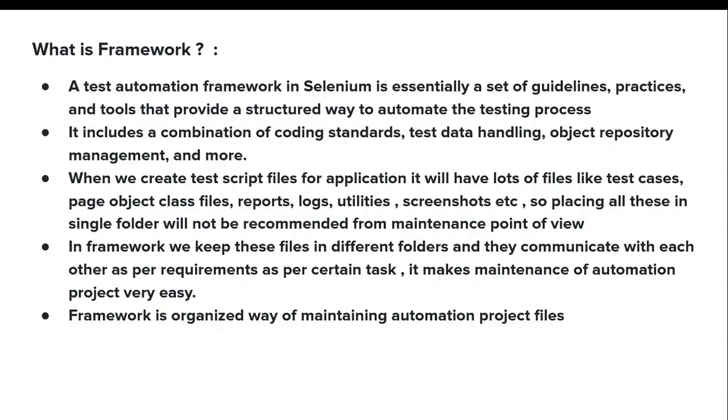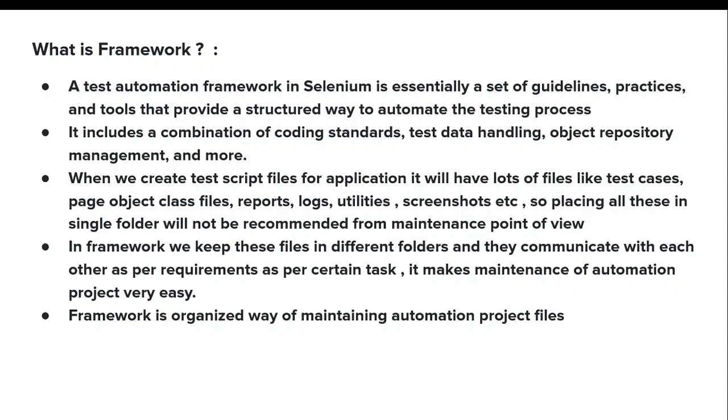Each of these files communicates with each other internally. Eventually, it makes maintenance of the automation project very easy. To summarize, a framework is an organized way of maintaining automation project files.